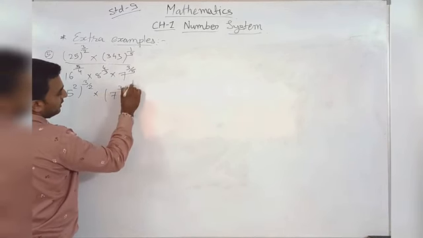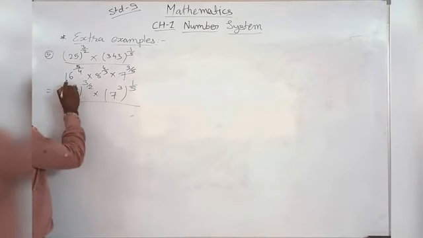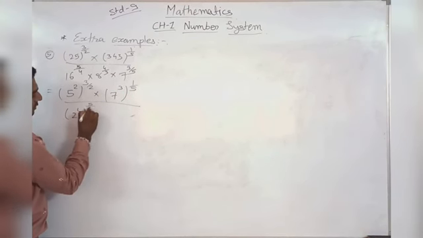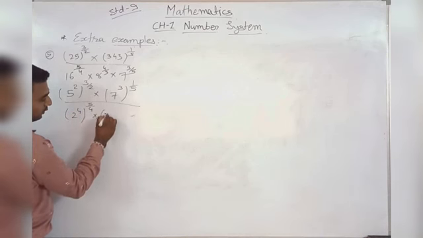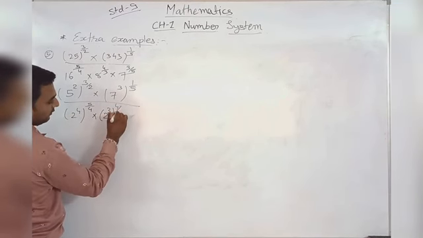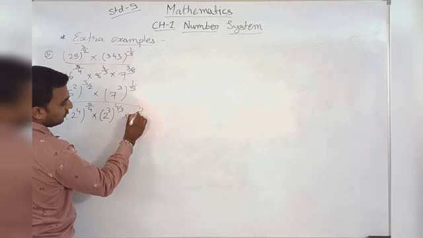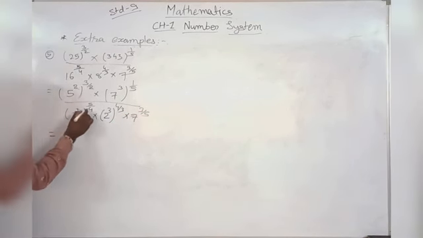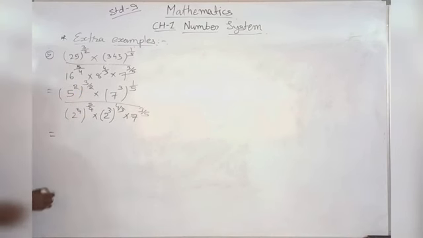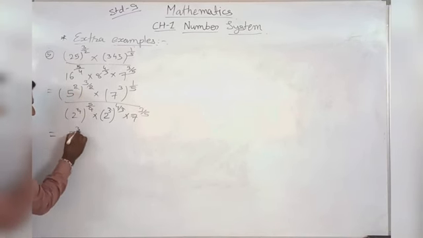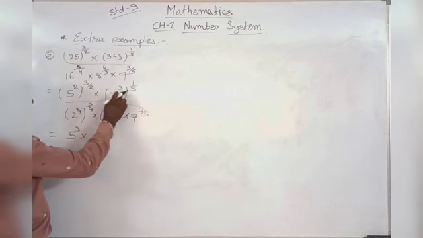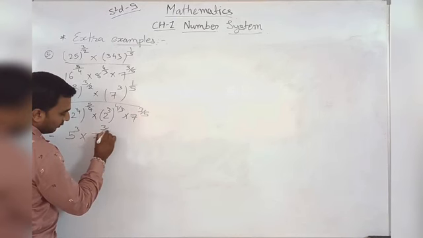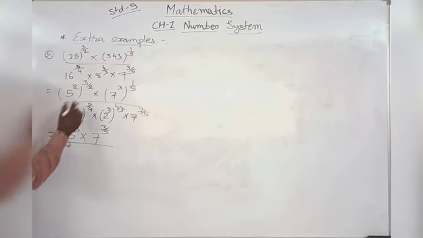7 raised to 3 and its 1 upon 5. In the denominator this is 2 raised to 4 power and its 5 upon 4 power. Multiply here 2 cubed and its 4 upon 3 power, and multiply 7 raised to 3 upon 5. Now again, the 2 and 2 cancel, the 4 and 4 cancel, the 3 and 3 cancel. Clear? And now see here, 5 cubed is remaining. Multiply: this is written like this, 3 times 1 upon 5, so this is 7 raised to 3 upon 5, and in the denominator this is 2 raised to 5 power.